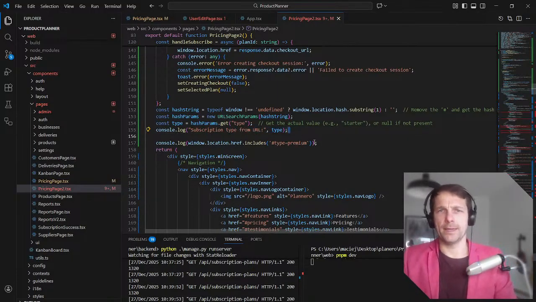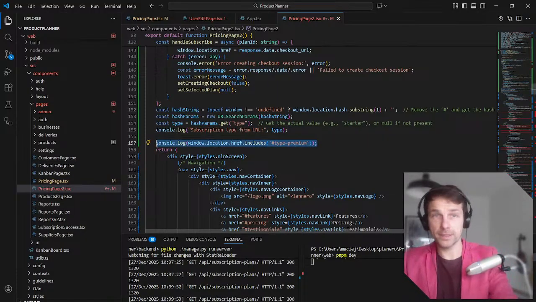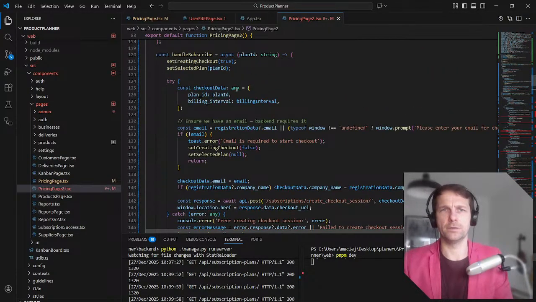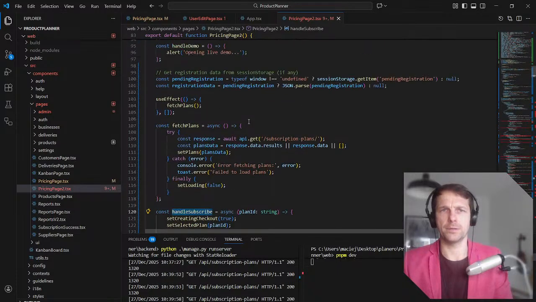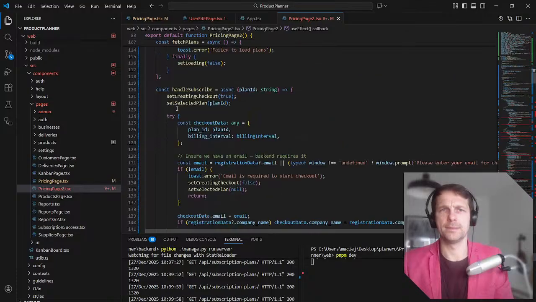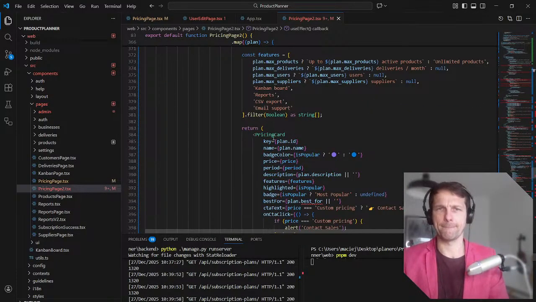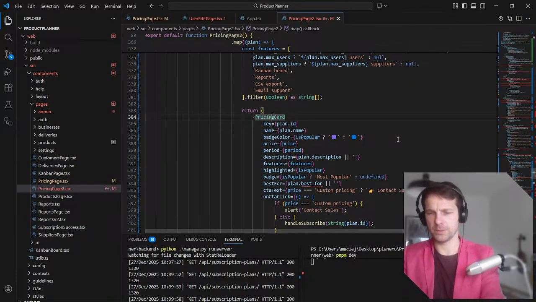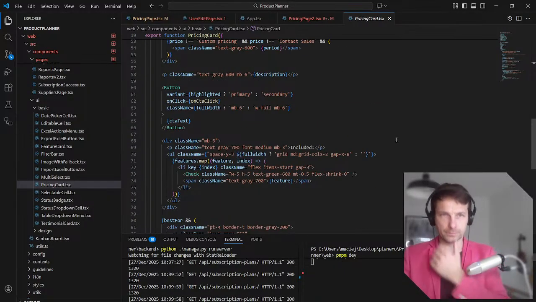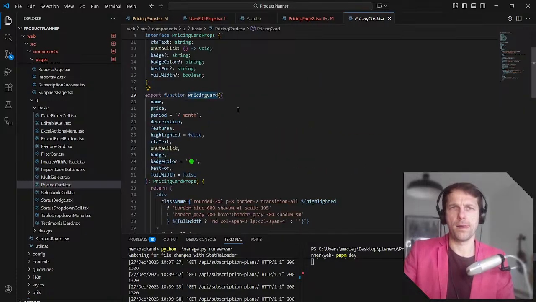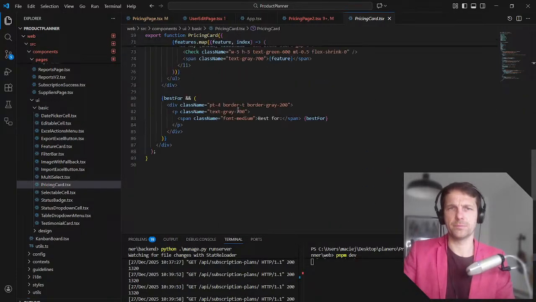So now I have my types, if they are there. So if the type is there, I actually want to run this action of redirecting. Handle subscribe. No, fetch plans. Okay, I do have plans. So what am I doing when someone clicks on the pricing card? Because maybe that's where I should actually do it, not here. On CTA click. No, it's actually from the one above.